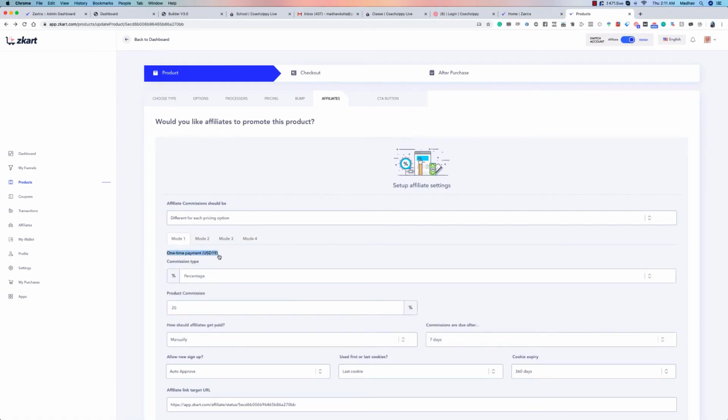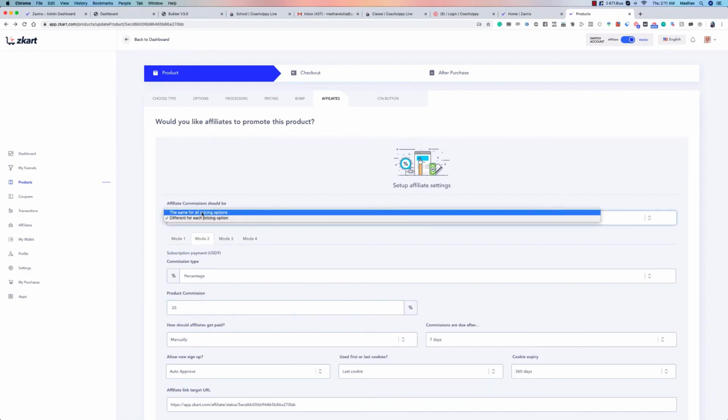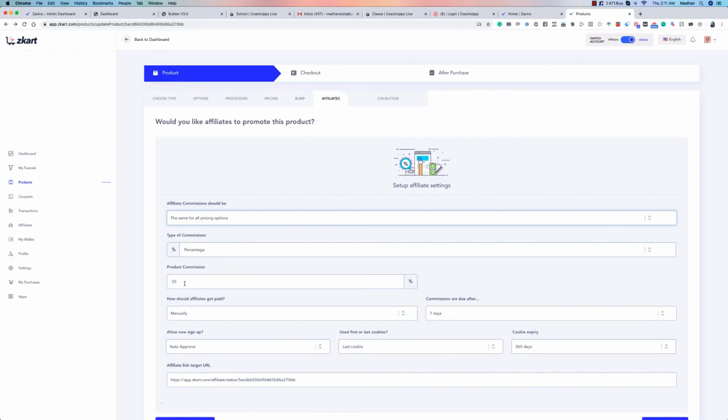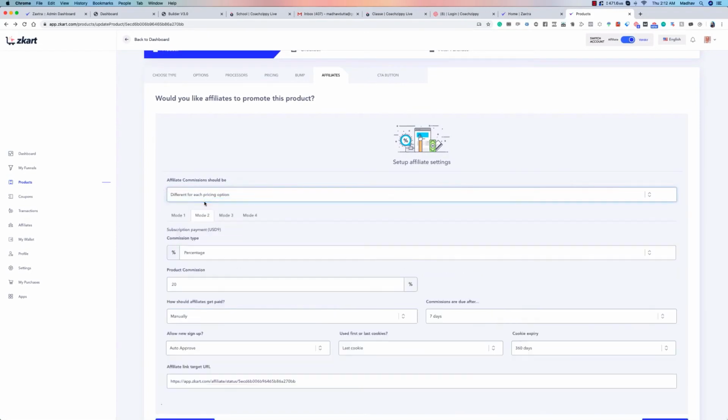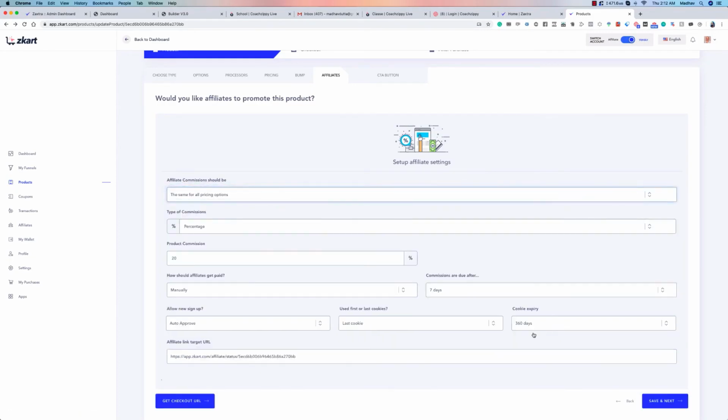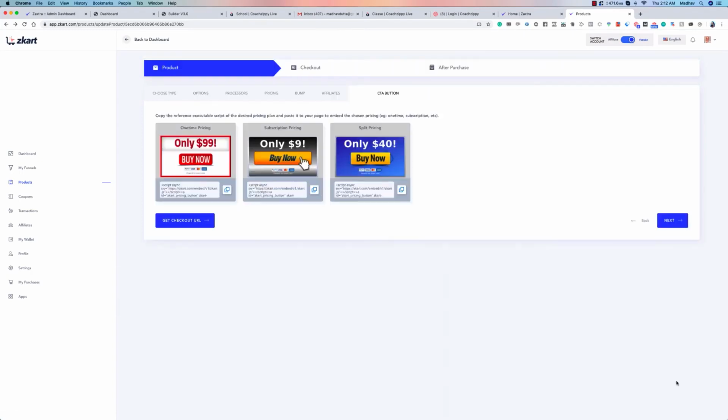So for one time, you can say that you want to have percentage commission. If it's a subscription, you can change it. You can say I want to have a different commission if it's a subscription type of a payment. So you can select, if it's going to be same for all, it's going to be same. So let's say 20% for any type of a mode of payment. And if you go on different, then for different modes like split payment or whatever the mode you choose, you can actually go ahead and customize stuff and change it around. So this is amazingly powerful, gives you a lot of flexibility if you want to use it for same or